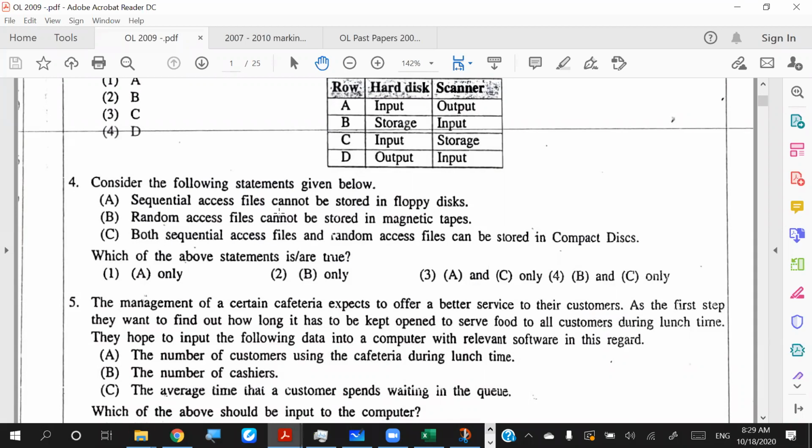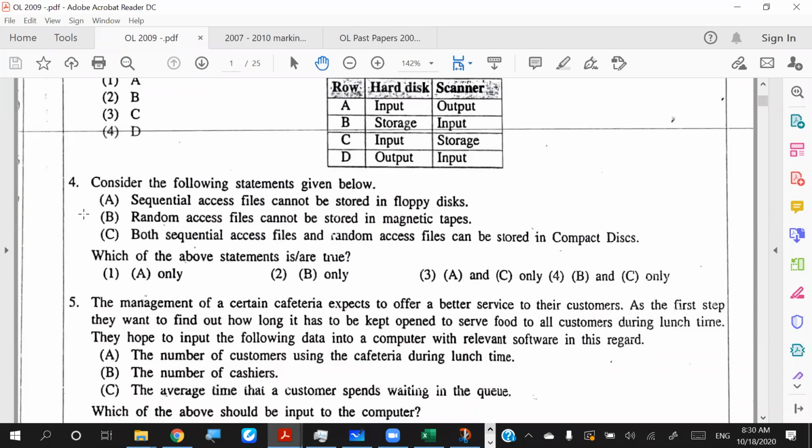the things sequentially, right? So for B, it's partially correct and partially incorrect, right? You can argue that it's random access, and you can argue that it's not random access, right? So the C part, both sequential access files and random access files can be stored in a compact disk. That's a concretely correct answer, right? So we cannot give an exact answer for this. We know, definitely we know the answer A is wrong. So it should be B and C or C only, right?